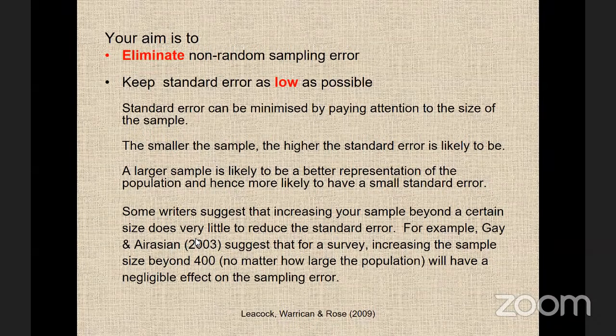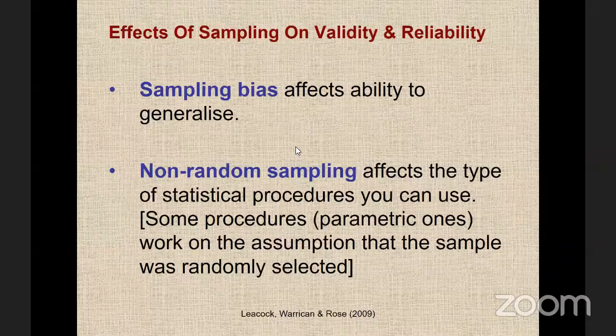You still need to do it more than one time to get the proofs. One study can be very useful, but what you can say at the end of a study is that it strongly suggests or indicates. So you basically want to figure out how to reduce or eliminate your non-random sampling error. You want to think about how to reduce your sampling bias,